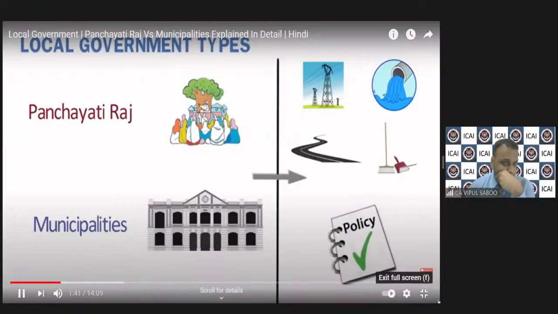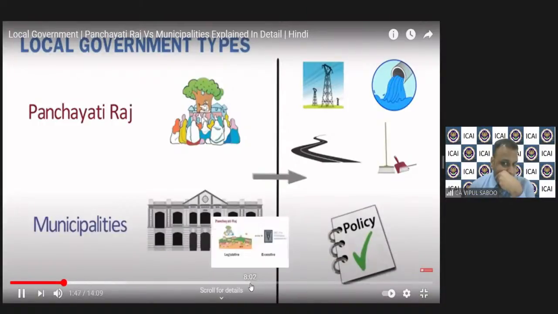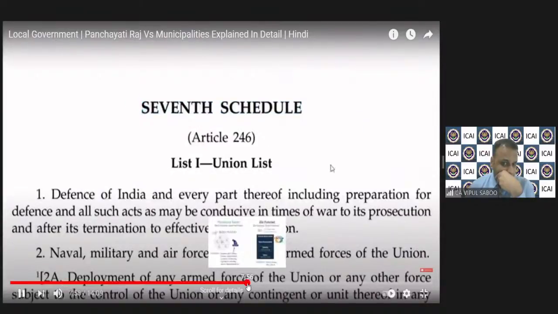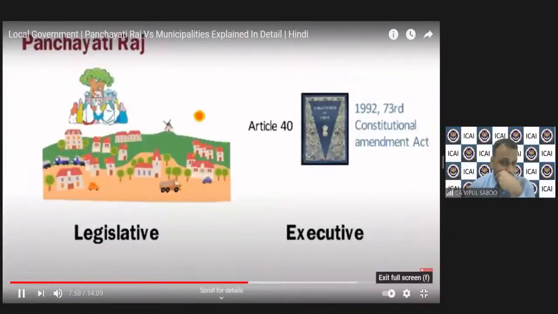इसलिए लोकल गवर्नमेंट को ग्रास रूट लेवल गवर्नमेंट भी कहा जाता है, क्योंकि ये ग्रास रूट लेवल पे काम करती हैं, यानी लोगों की इमीडिएट जरूरतों पे एक्शन लेती है। लोकल गवर्नमेंट को इंडियन कॉन्स्टिट्यूशन के शेड्यूल्स में शेड्यूल नंबर 7 जिसमें यूनियन लिस्ट करना। ये तो हो गया पीआरआई पंचायती राज इंस्टीट्यूशन का स्ट्रक्चर, जिसमें 3 टायर्स होते हैं,